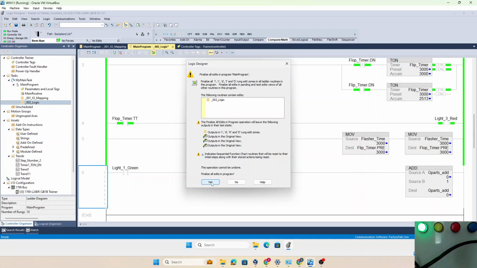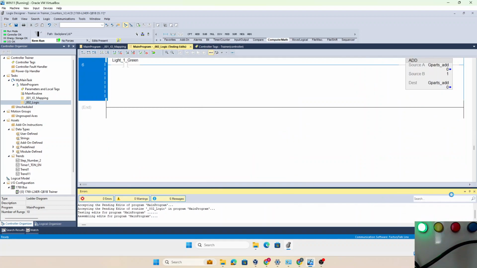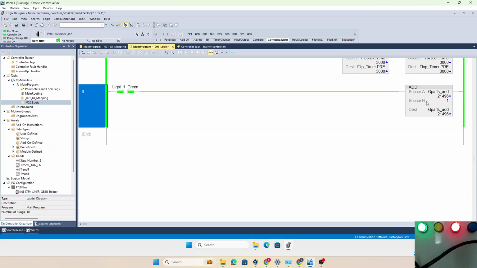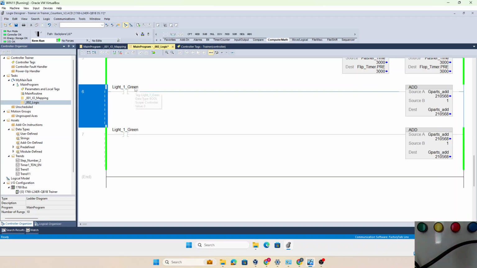When I assemble this line, our G parts add is incrementing in thousands, right? That's because the add instruction is counting all the time when light 1 underscore green is on, right? In order to make this an event based count, we want to use an instruction called